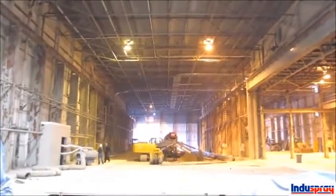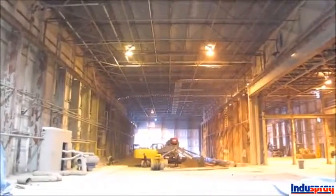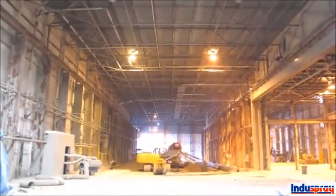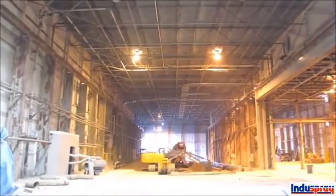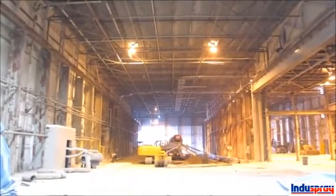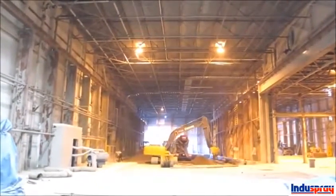We're starting work in an old glass recycling plant today. The place was pretty neglected and abused. 6 inches of ground up glass dust and crushed glass over every surface, over all the ceilings, the beams, the columns, the crane rails. So that's all been cleaned off now, and we're going to start shortly sandblasting all the